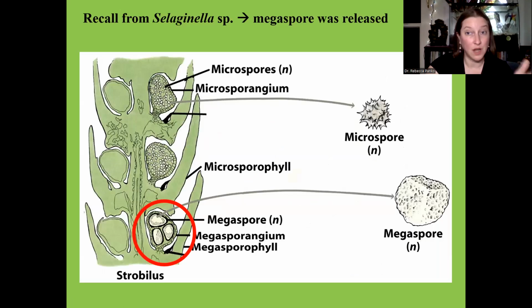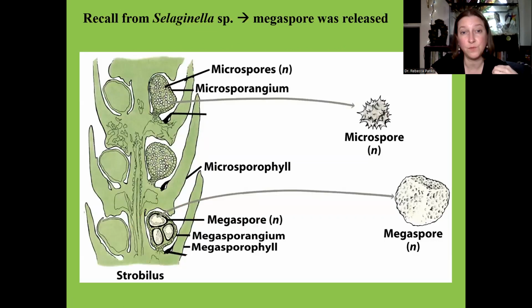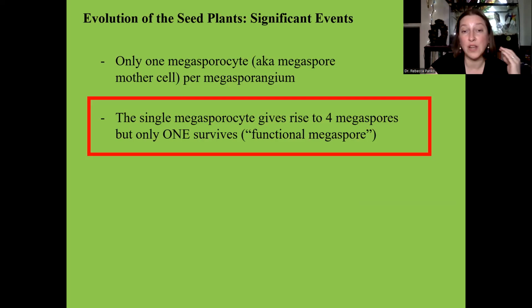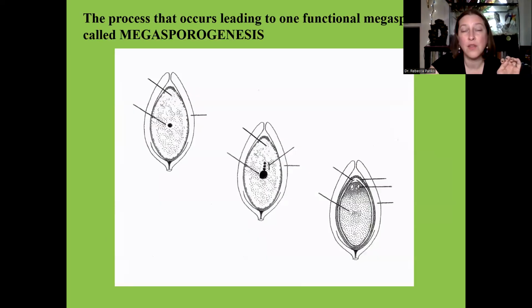So just to sum up here, what are some significant events in the evolution of seed plants, right? One thing is that megaspores are no longer released. That's a significant event. Another one is that there's only going to be 1 megaspore per megasporangium. We call that the functional megaspore. Okay, how do we get to that functional megaspore? I'm going to show you how. The way that you get to that functional megaspore is through a process called